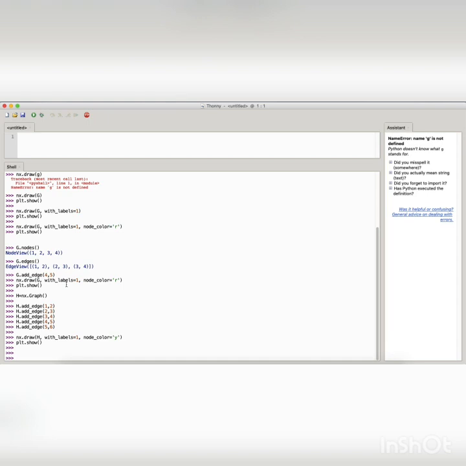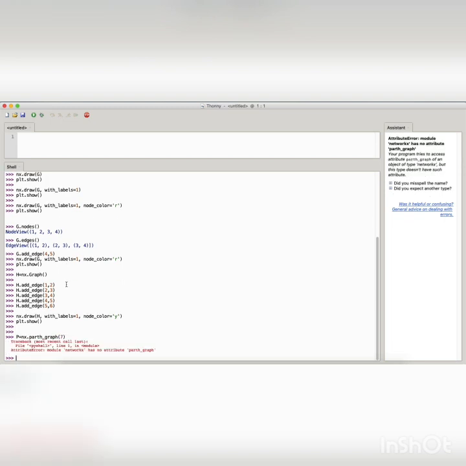And also, instead of creating a simple graph manually, we can take the help of inbuilt functions. It is not necessary to directly add edges and nodes in a graph, which we have already done in our video. Adding simple graphs using inbuilt functions is quite easy. I am going to show you an example of a path graph. A path graph consists of n vertices and n minus 1 edges.